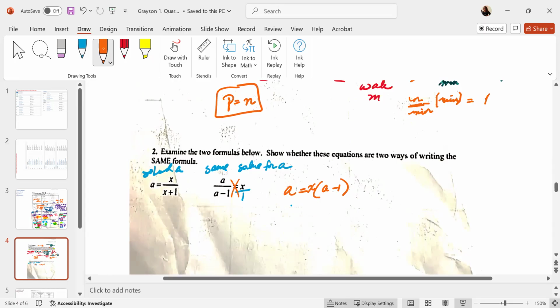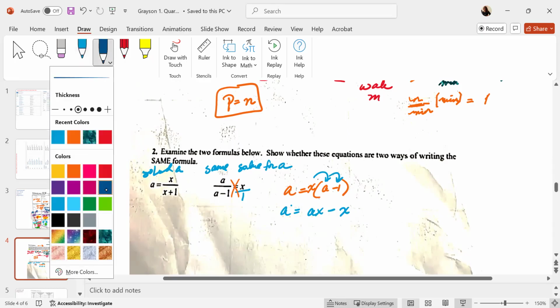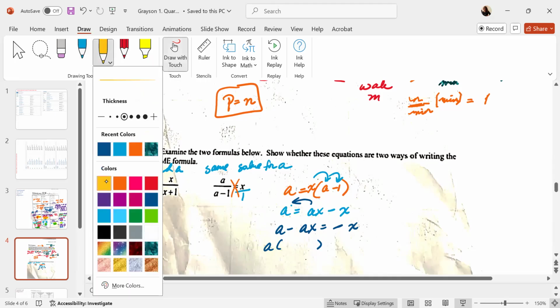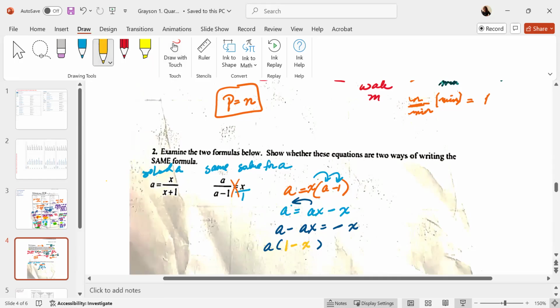So I'm solving for A. And then what I want to do is distribute this. So A equals AX minus X, correct? Now, I have two different A's. That's good because I can move this one A over because I'm solving for A. A minus AX equals negative X. Do you see how these both have A? I could technically factor an A out. If I factor it out, what stays inside is 1 minus X, equals negative X, right? Now let's divide by 1 minus X on both sides. So then A is by itself, which is what I want, but I have a negative X on the right side